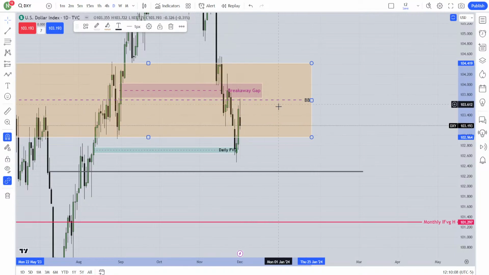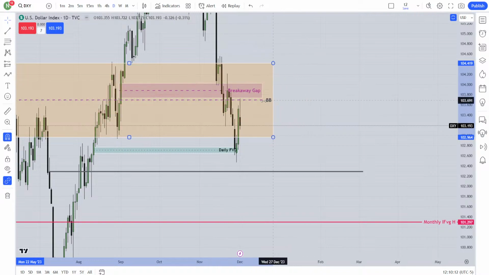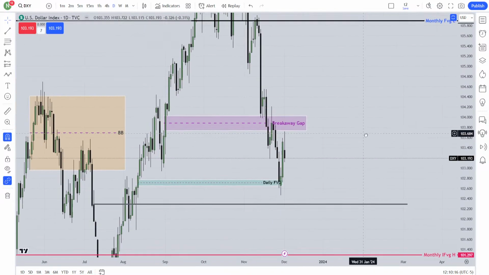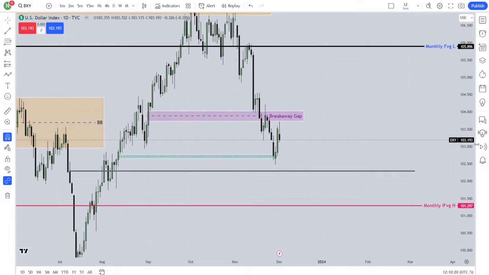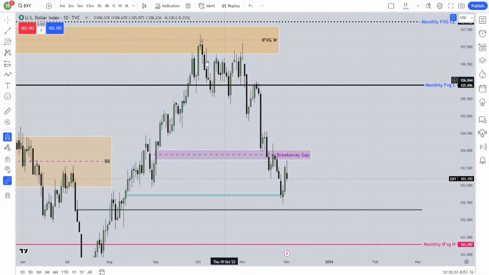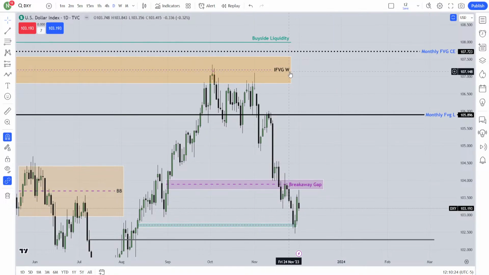From the weekly chart I saw it has held the price perfectly, so I am just removing this breaker block right now because there are so many lines. I don't want to see so many lines over there. I want to talk about the daily chart now. Above here, it has been rejected from the weekly fair value gap consequent encroachment. Okay, it has been rejected over there.